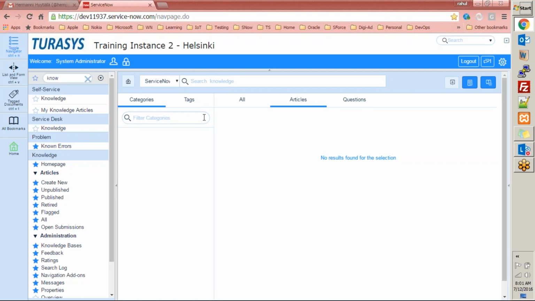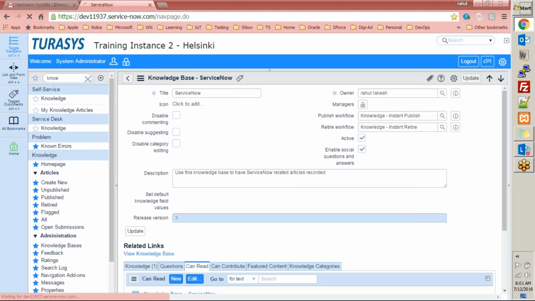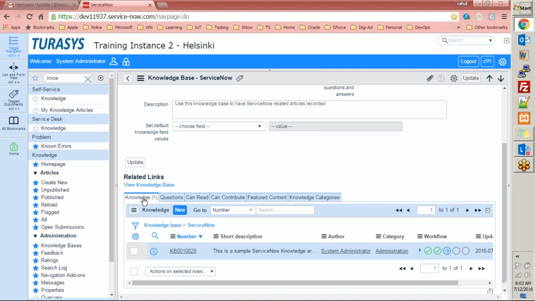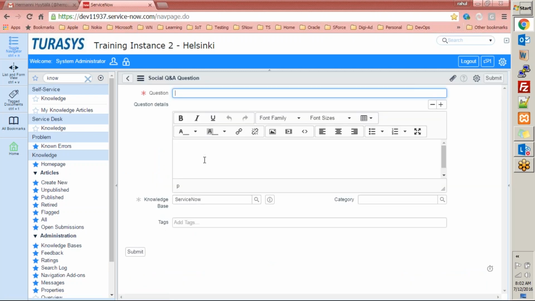that's not coming here. Wait a second. There must be some property that we need to set to get that knowledge article there. Anyway, for questions, if you want to have some questions that will display there,